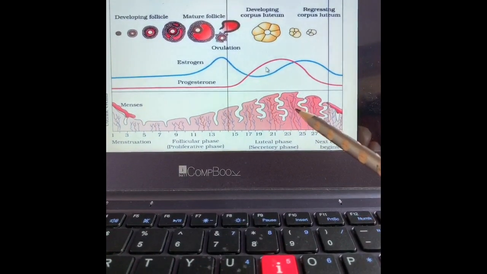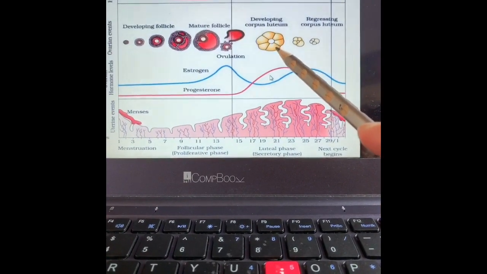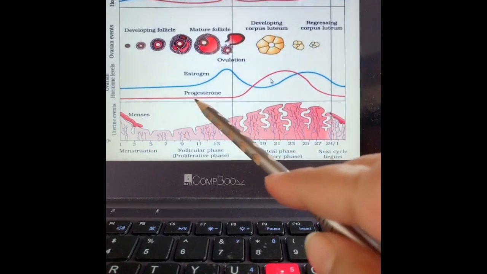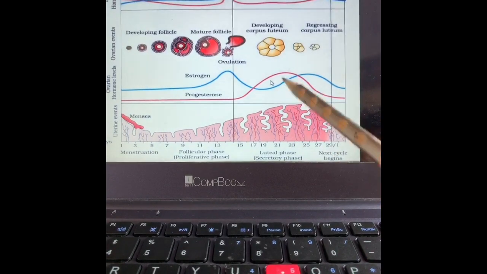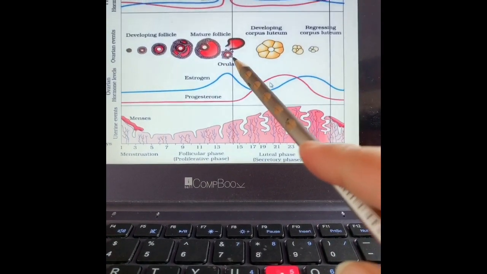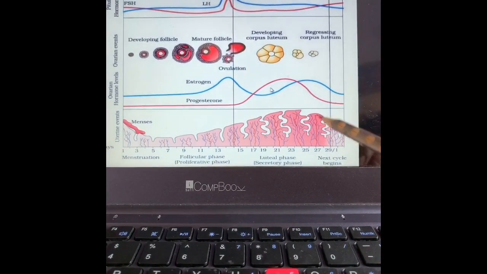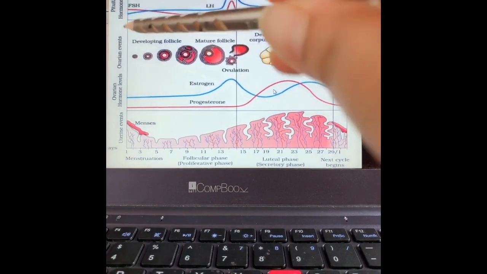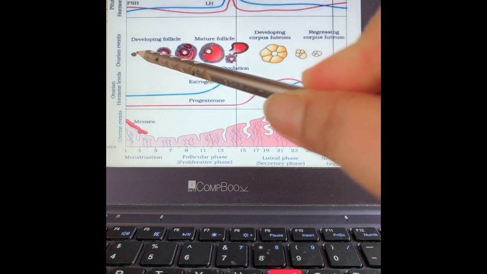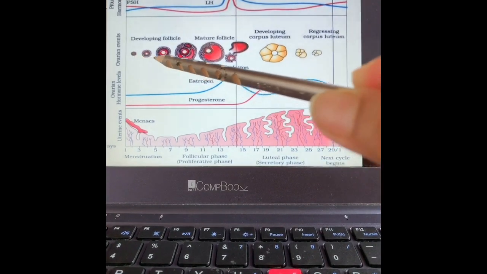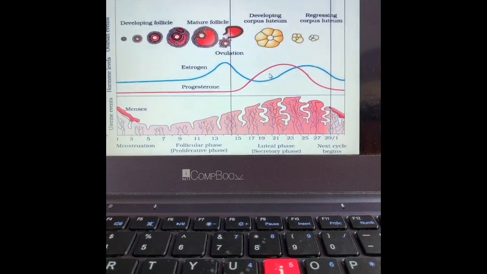But if it does not come, the corpus luteum starts secreting hormones, that is, progesterone increases in level, and as a result, because of absence of fertilization and no other hormones being produced, this shreds off. Again, there is a rise in developing of the follicle. The new cycle begins. Let's see each phase a bit minutely.